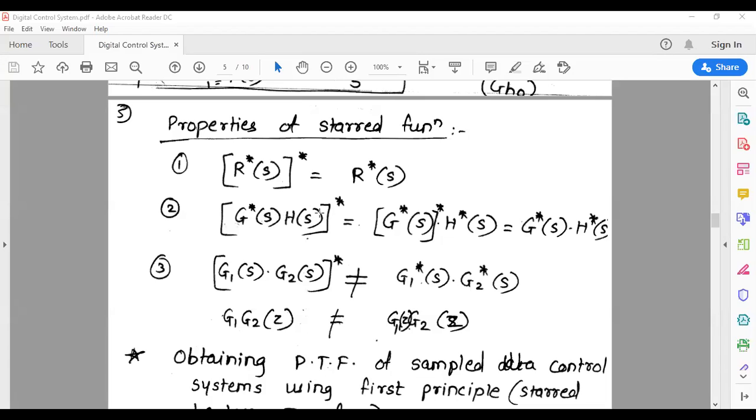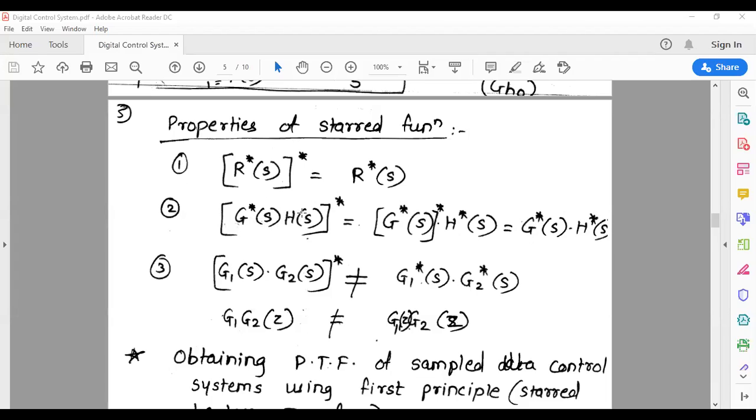So at the first place, does it strike you that this in itself will be a digital signal? So how do I put it up? It's a sampled one. You're multiplying it by a continuous one. So I break it up, G star of S into H star of S. So the resultant is nothing but G star of S into H star of S. Now, how can I logically make sense out of it? G star of S is a digital output. It's a sampled signal. H of S is a